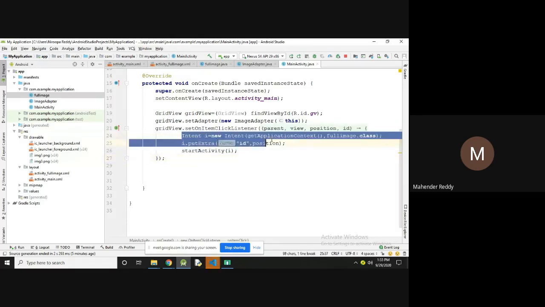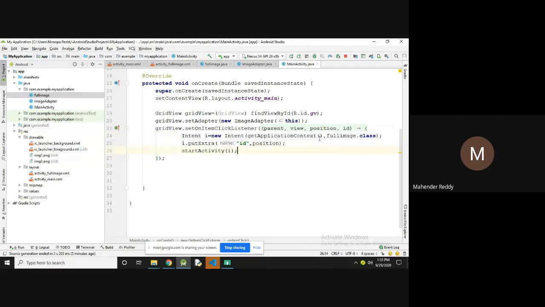Here I'm going to call the intent method: Intent i is equal to new Intent, getApplicationContext, FullImage dot class. I'm using this class to display the images in full screen mode. For that I'm passing i dot putExtra, name id comma position. Then it will display the image in full screen mode. Now I'm going to start the activity, startActivity i.